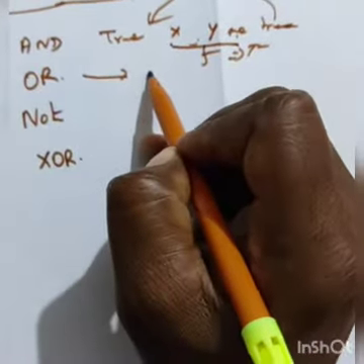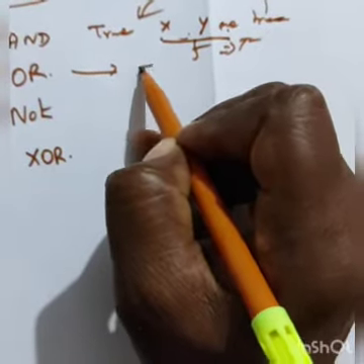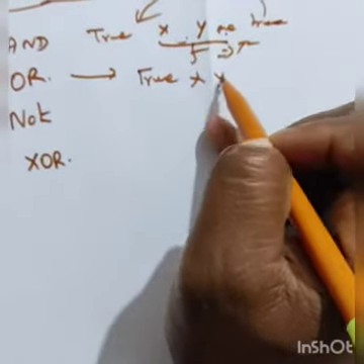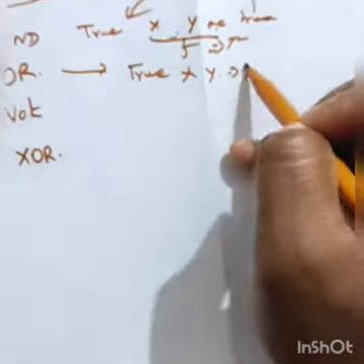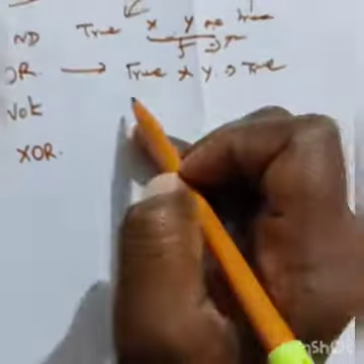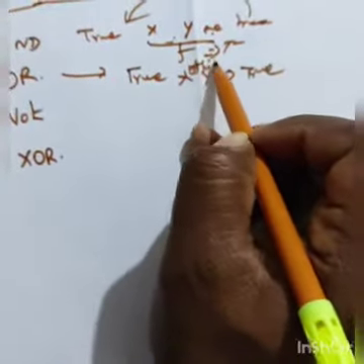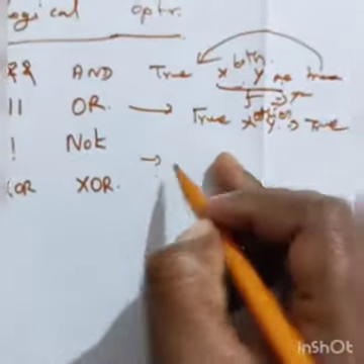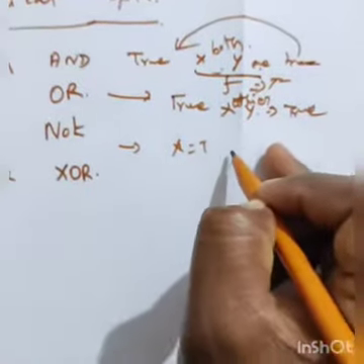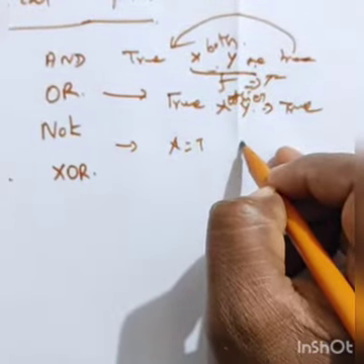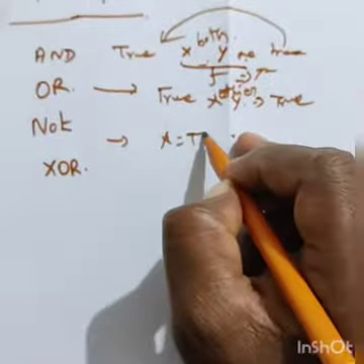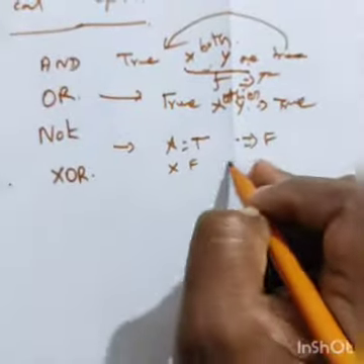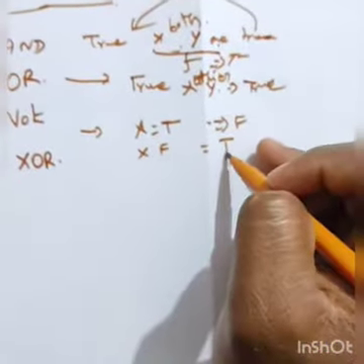The OR operator, what will it do? Either one you can true, for x or y, either one is true or both is true, then the output is true. Output is true. That is either. This is both. This is what not. Not means if x is true, then the result is false. If x is false, then the opposite value is true. So this is x.